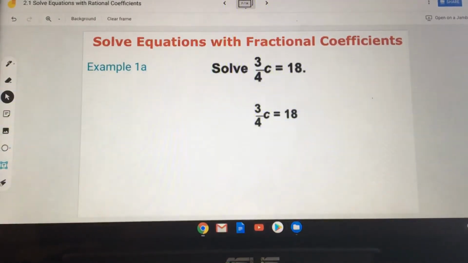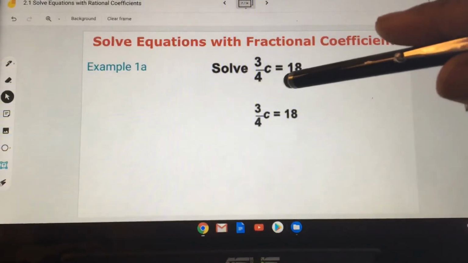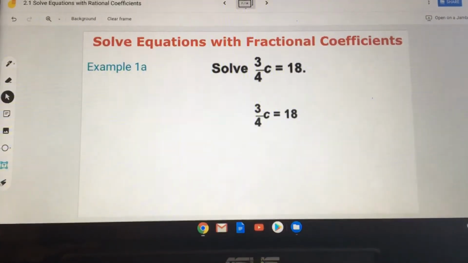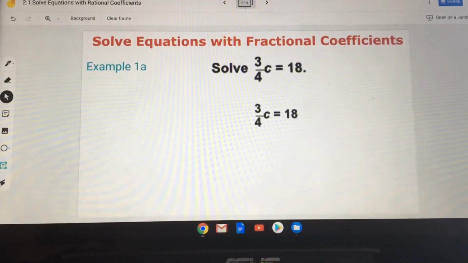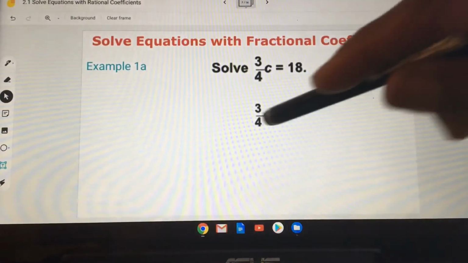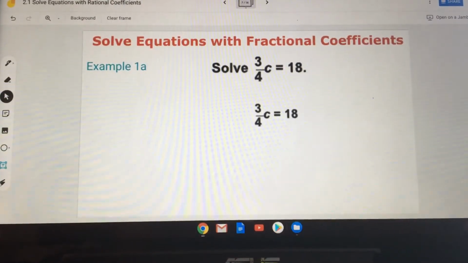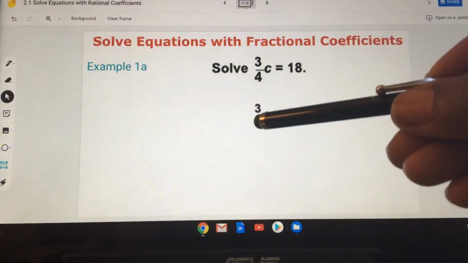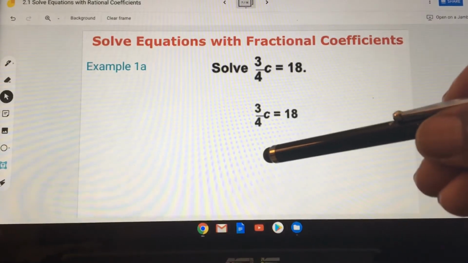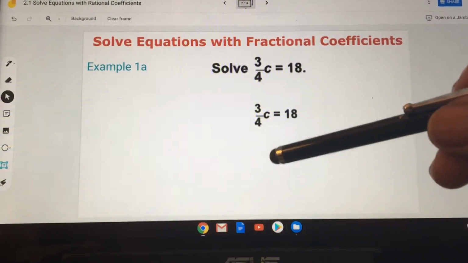Here, if you look at example 1a, we have 3/4 times c equals 18. So the first thing we need to do is get c all by itself. But keep in mind, in an equation, your left side must equal the right side. In order to get c by itself, we have to multiply by the reciprocal, also known as the multiplicative